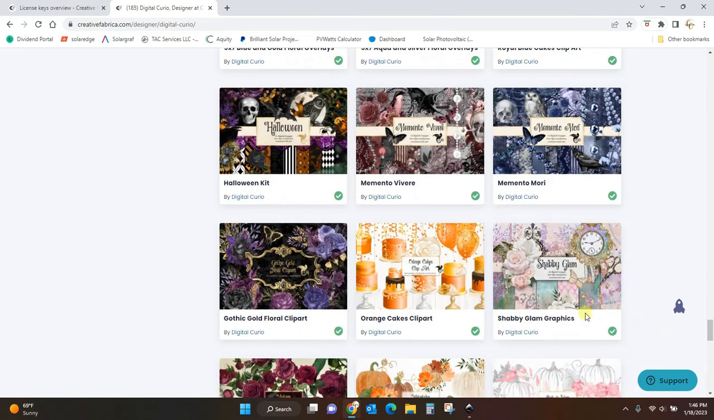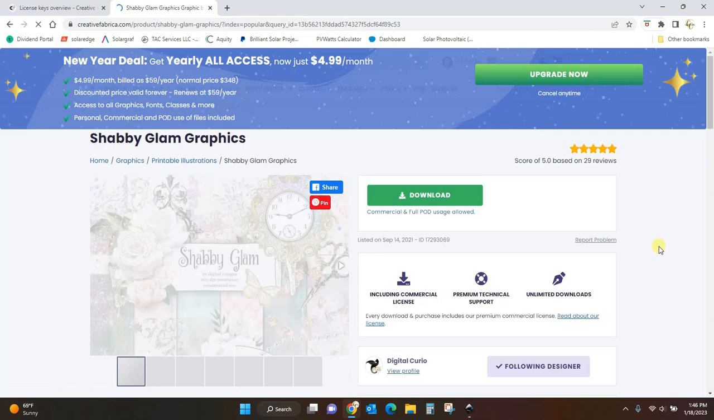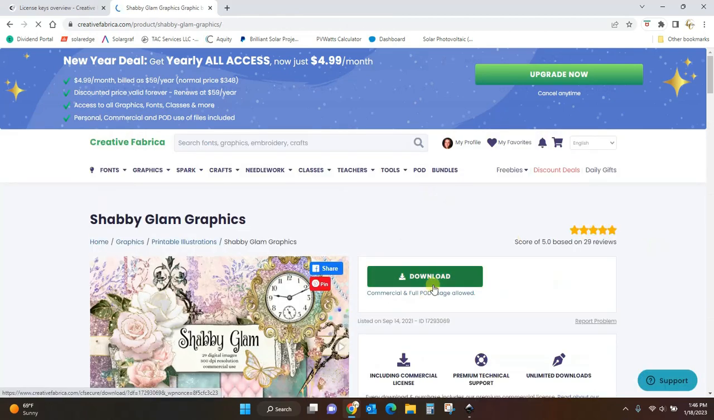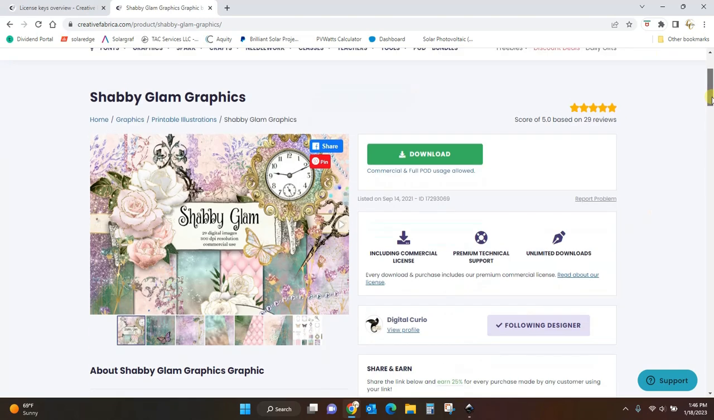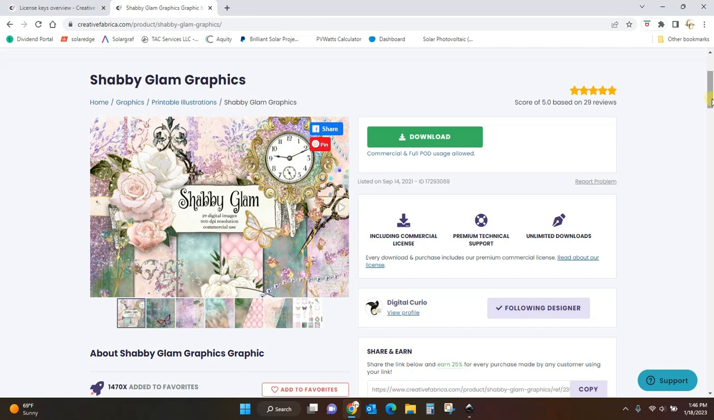But what you'll do is pick something. So I'm just going to click on this and you'll click download and it will download it to your computer wherever you have decided for your downloads to go. You'll get everything in a zip file. So go to Creative Fabrica, use the link. Pick some items that you want to use for your digital paper, and then you can follow along the tutorial